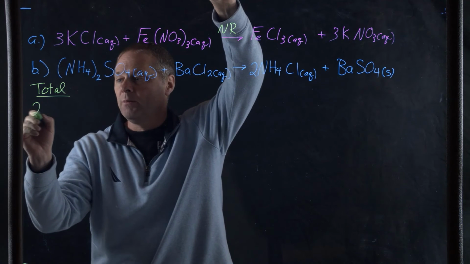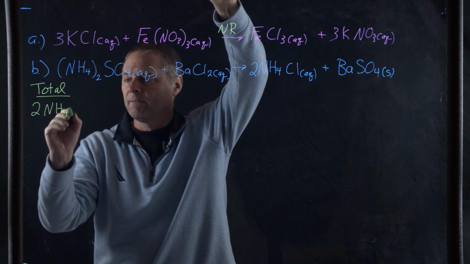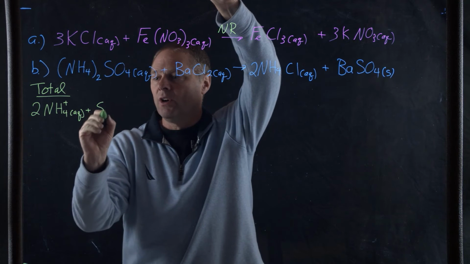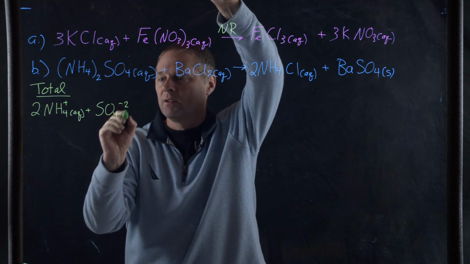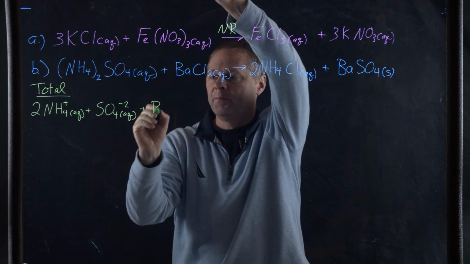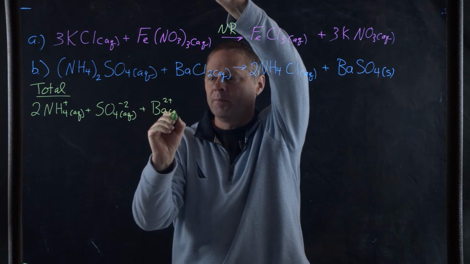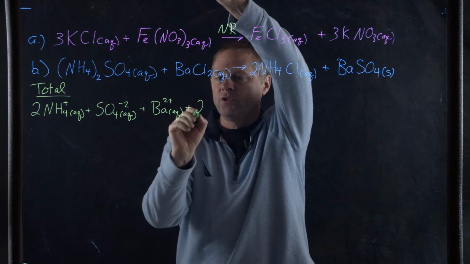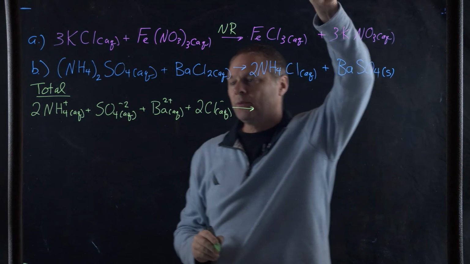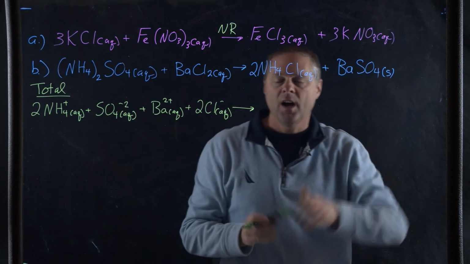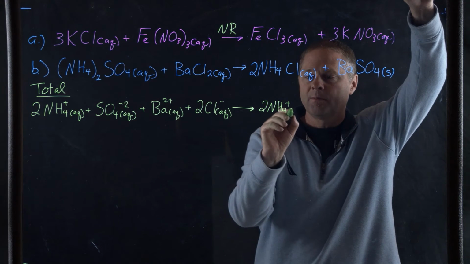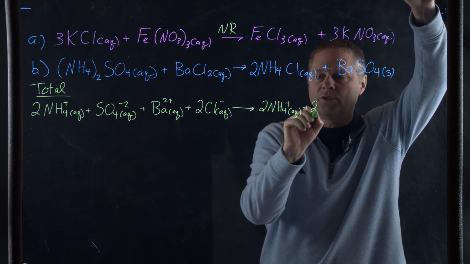We have 2 ammonium plus 1 sulfate plus 1 barium plus 2 chloride. All right, so that's the reactant side. They're all going to be aqueous. On the product side, what we have is we have 2 ammonium plus 2 chloride